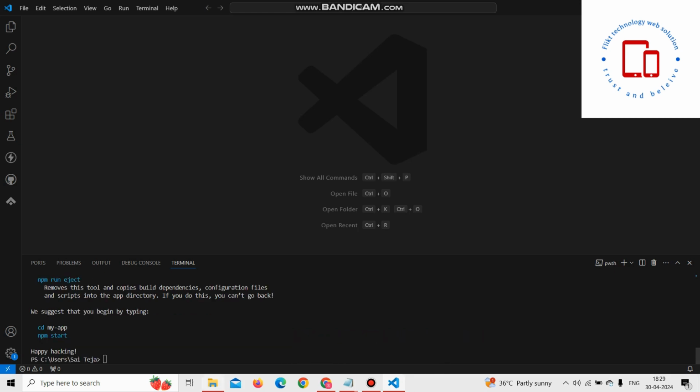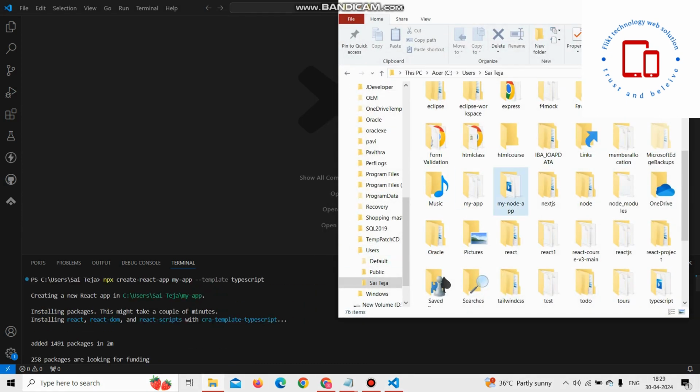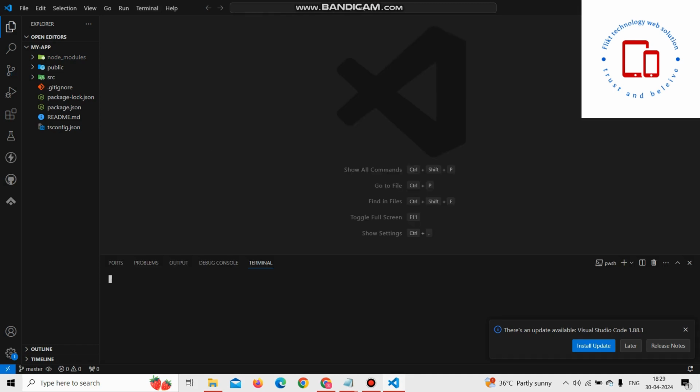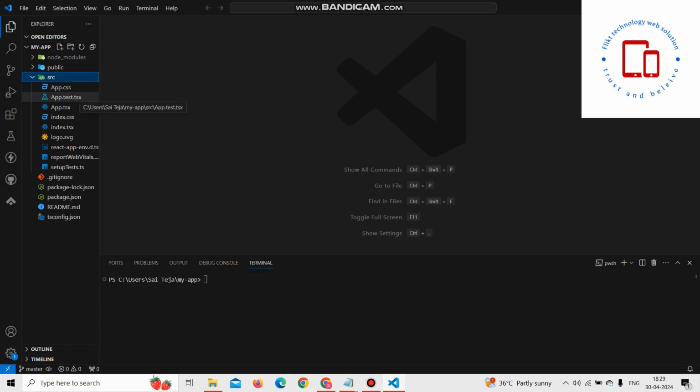After installing, go to the folder where you are directed, just drag and drop the folder, and then go to the terminal. See, we are getting the React app with TypeScript. TSX means TypeScript, and see, we are getting the tsconfig.json file also. After this,